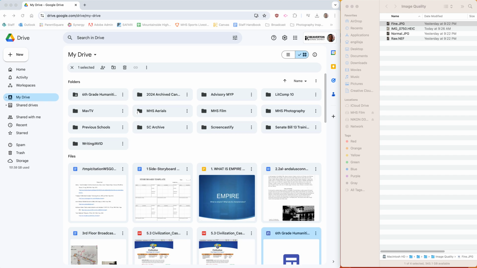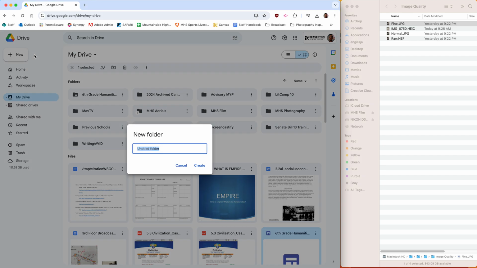For the photography class, you're going to need to create a folder in your Google Drive. This should work very quickly. I'm just going to click on New, and I'm going to create a new folder. I'm going to call it Photography 1, and I'm going to click Create,